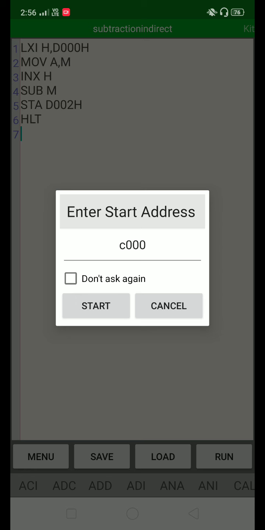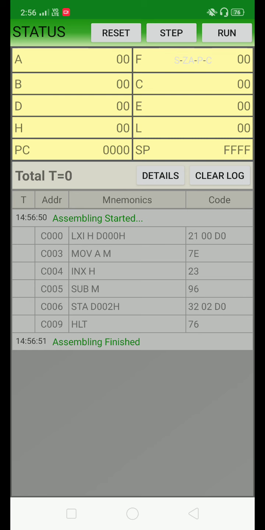So always remember, the program should start from a different memory location, okay. Then click on start, okay. So after clicking on the start, you can see here the assembled program, okay. And in the status field, all the registers, that is accumulator, F register, means flag register, BC, DE pair, all are 00,